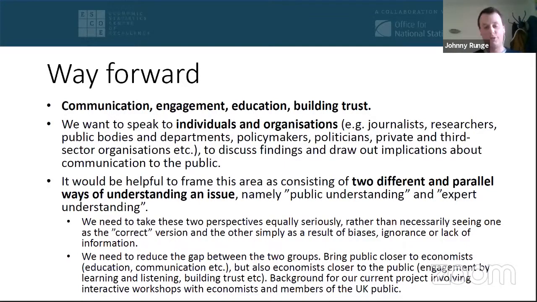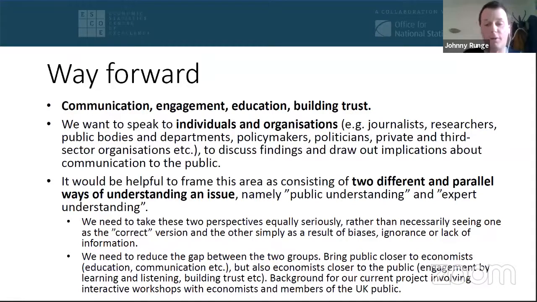Because I think the truth is that we need to reduce the gap between the groups, which does mean bringing the public closer to economists through educating, communicating better and so on. But I also think it means that economists need to get closer to the public because, as I said before, they live and breathe the economy every day. They have very good perspectives and insights and so on. We need to listen to and learn from them and build trust,